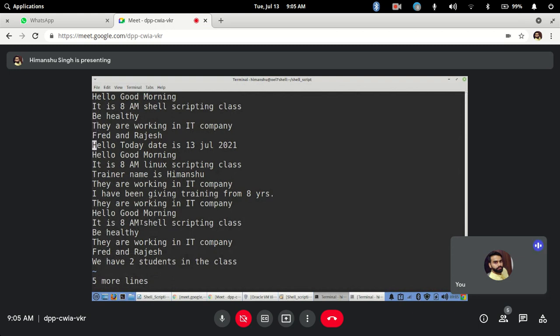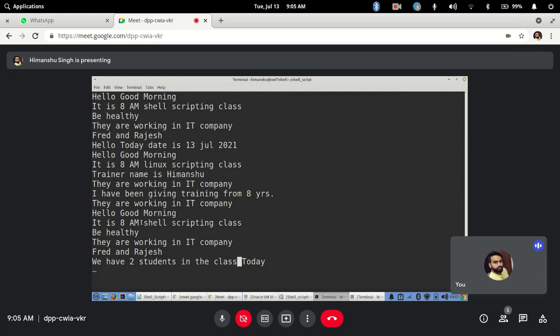Now next you have word. If I want to copy a particular word, so what I will do is yw. So it will copy that word, and let's say I want to paste it here. So I will simply go ahead and paste it, but where will it paste? It will paste here where your cursor is, because you have just copied a word. Clear? Any question? Okay, so this way you copy and paste.